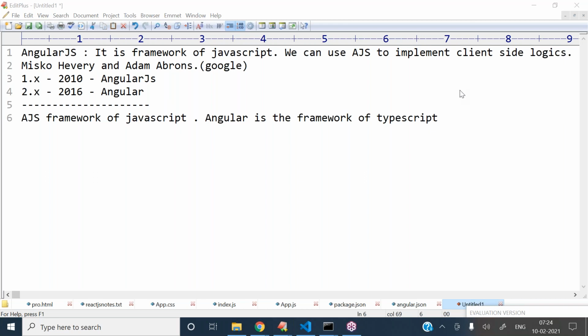If you observe this one, AngularJS is the framework of JavaScript, and Angular is the framework of TypeScript. Clear? It means in AngularJS, they use JavaScript code to develop the functionalities, and in Angular, they use TypeScript code to develop the functionalities.